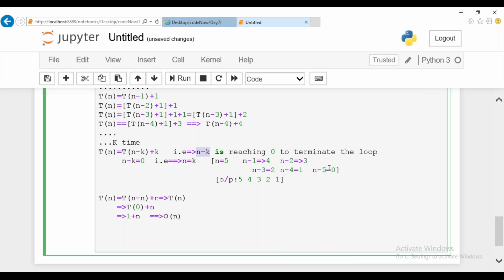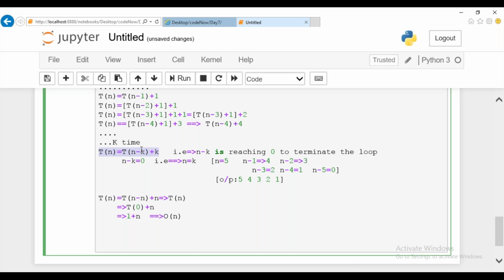So once it reaches n minus k, the value will be 0. So we are assuming directly that n minus k is 0, and you're supposed to solve this equation: if n minus k is equal to 0, n is equal to k. From the equation, wherever k is there, we are replacing k with the n value.